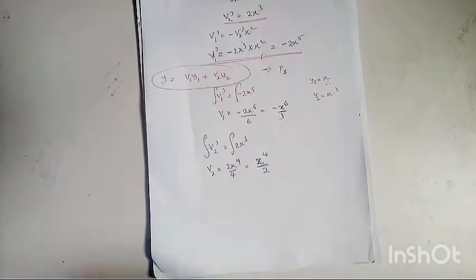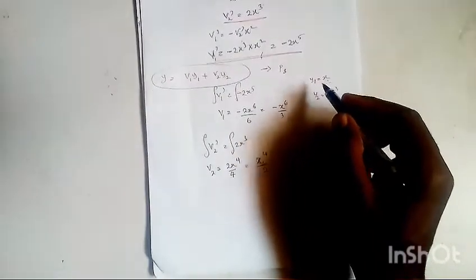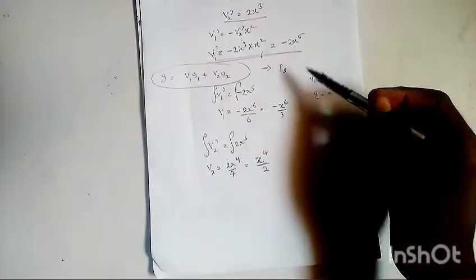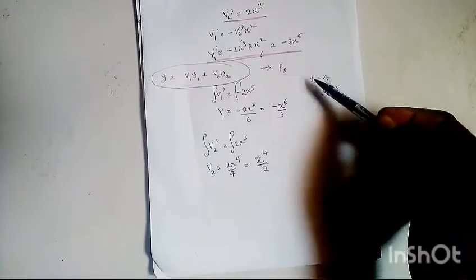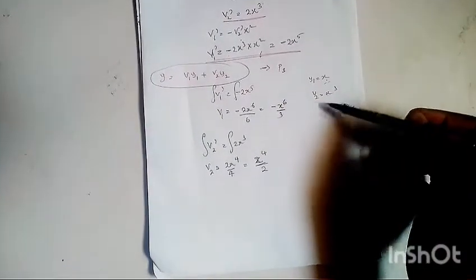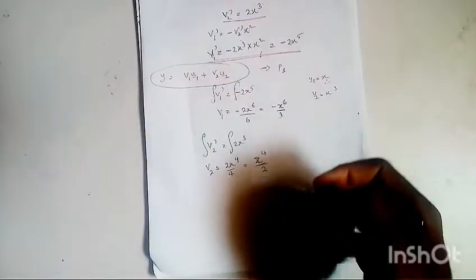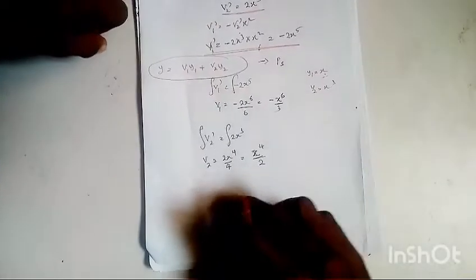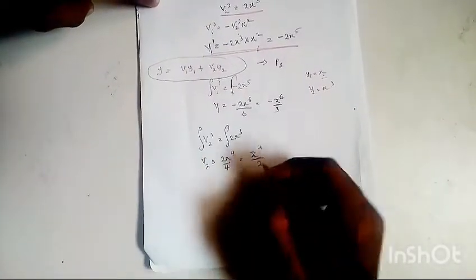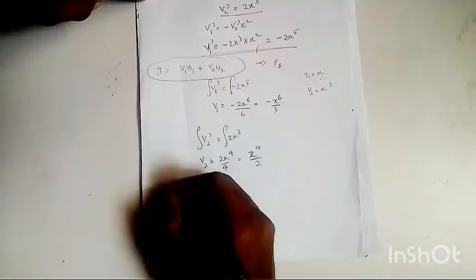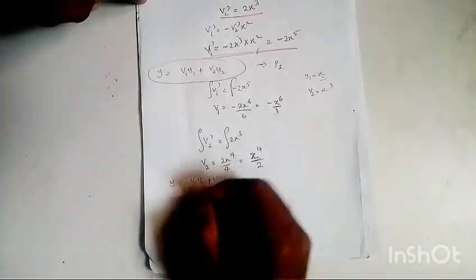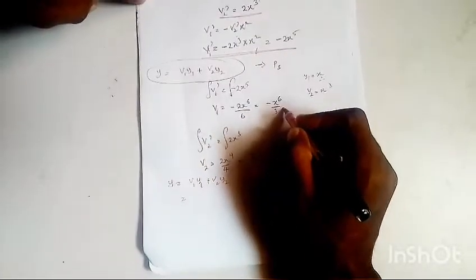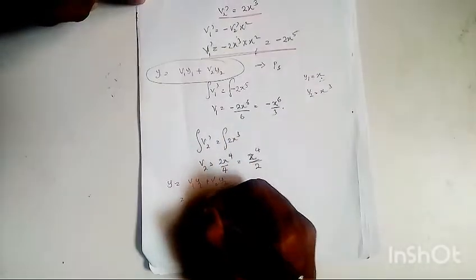So now, like we said, we were given from the question two solutions, x and x raised to the power 3. We said y1 should be one of the solutions and y2 should be the other. So basically, let's continue, then we'll get back to this. We said my v2 is equal to x raised to the power 4 over 2. So given my particular solution, which is y equals v1y1 plus v2y2, my v1 is minus x raised to the power 6,